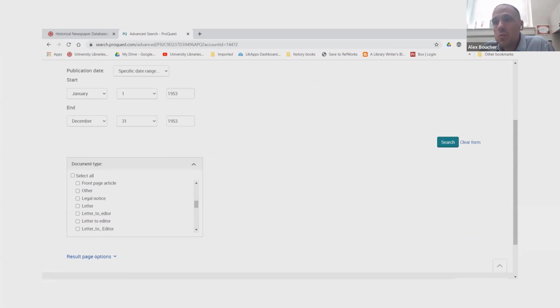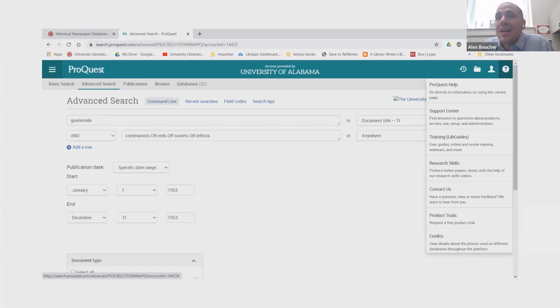If you look below the publication date sliders, you'll see document types, and I've just got a quick screenshot of it, but there are a lot of types in here. So you could search for letters to the editor. You could search for political cartoons. You could search for front page articles. You could search for all sorts of things. The last thing to think about as far as learning the mechanics is that all of these databases have some sort of help document or tutorials. With Proquest Historical Newspapers, it's up in the upper right-hand side, and that can just give you some examples of things to look out for.